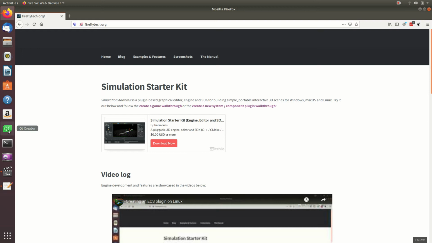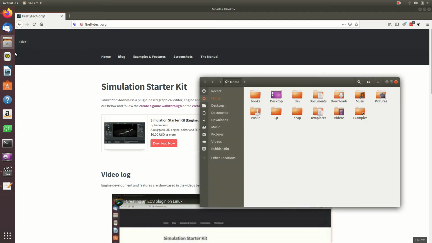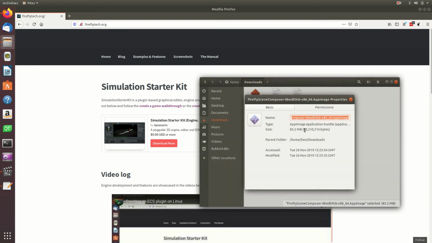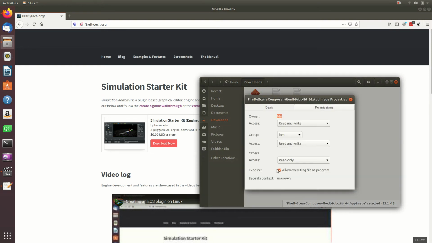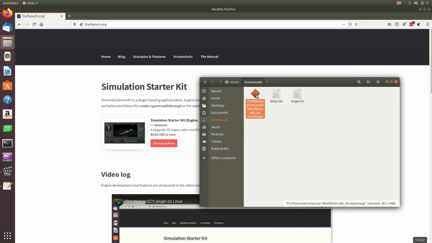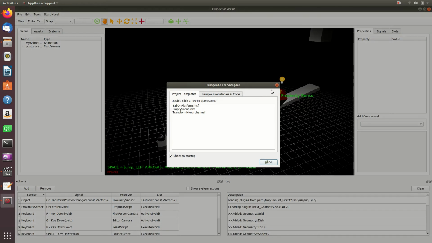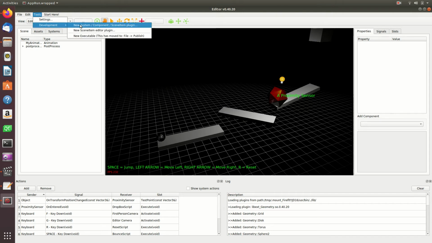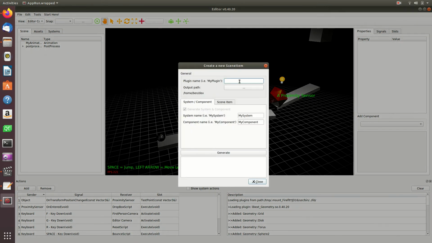Just download the editor from the site, and then once downloaded, make it executable. Just click this checkbox here and then you can launch it, and then once launched just go to Tools, Development, New System Component Plugin, and stick in the plugin name, my plugin, specify the output path and then your system's name and your component's name. Click on Generate,